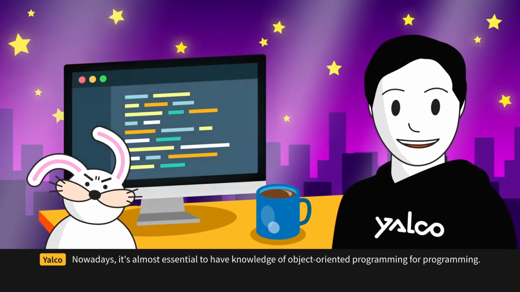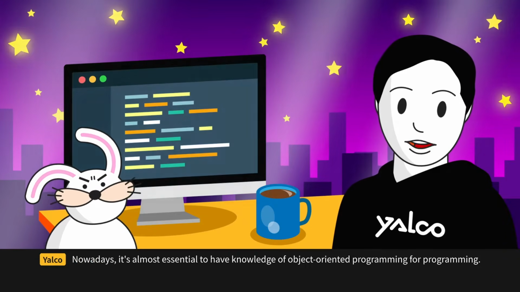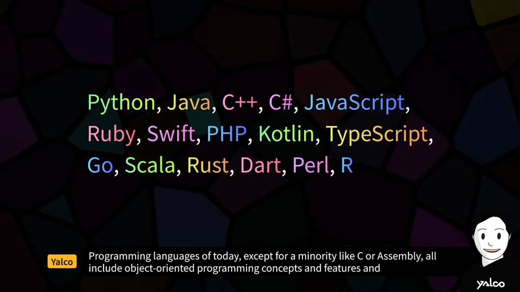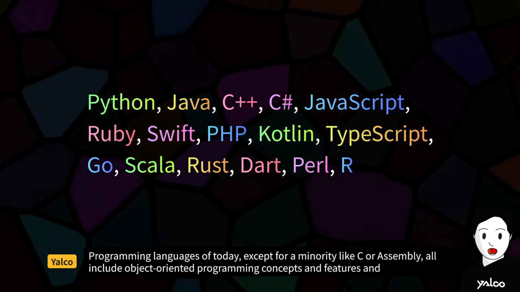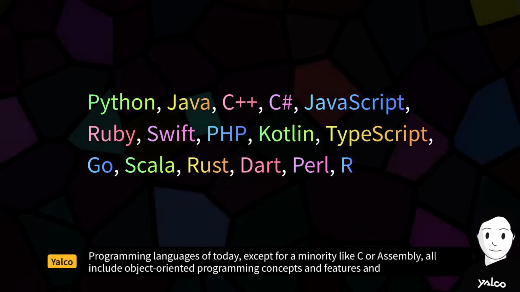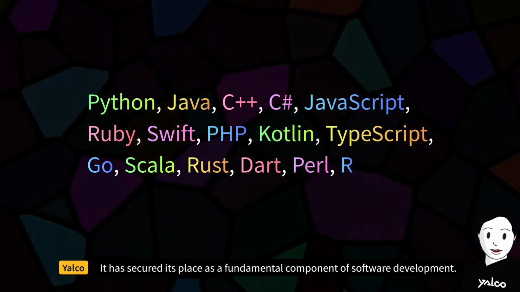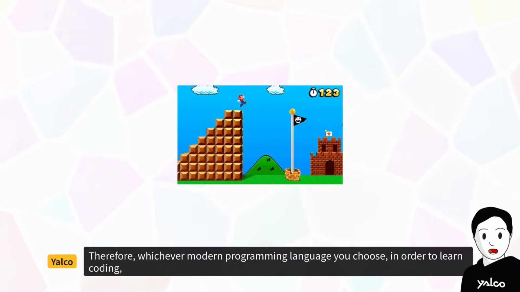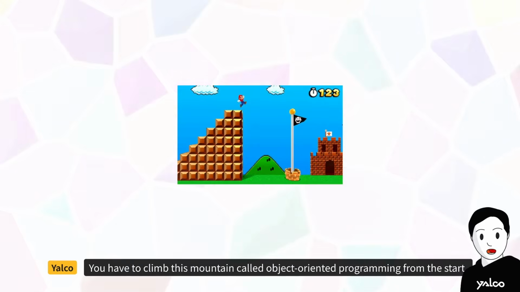Nowadays, it's almost essential to have knowledge of object-oriented programming for programming. Programming languages of today, except for a minority like C or assembly, all include object-oriented programming concepts and features, and it has secured its place as a fundamental component of software development. Therefore, whichever modern programming language you choose, in order to learn coding, you have to climb this mountain called object-oriented